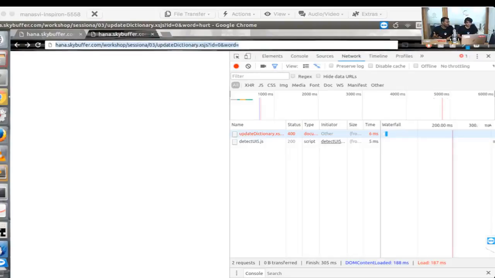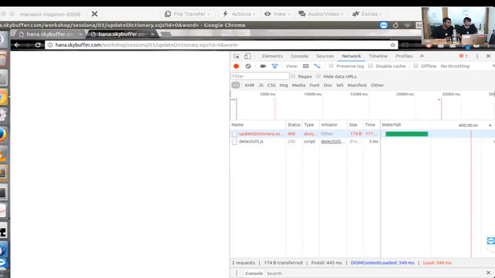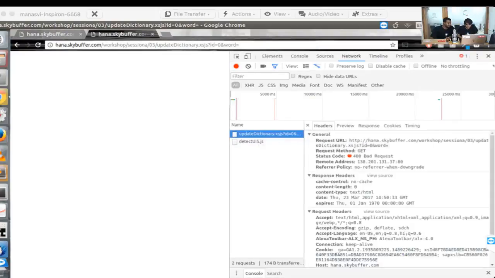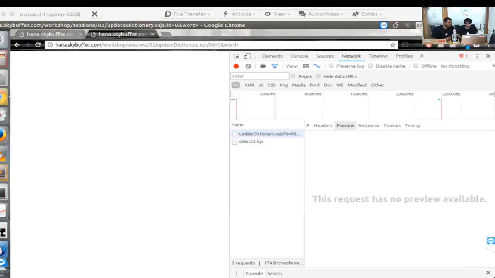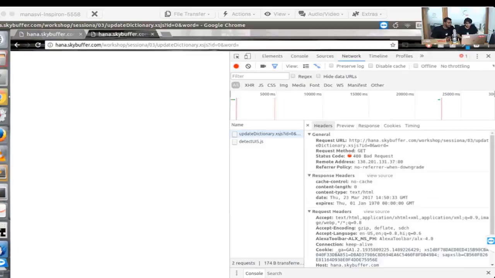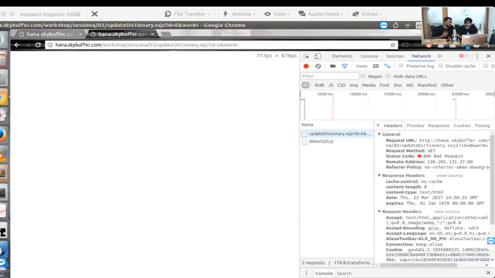And then you have not taken care of it in the try catch statement also. So if I do this, we are not getting any bad request here, but we are getting a result. What were the query parameters? No, we didn't get a response either. So if you go to the xsjs code now,